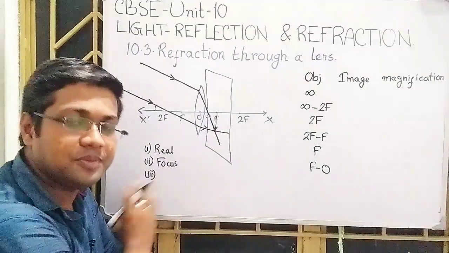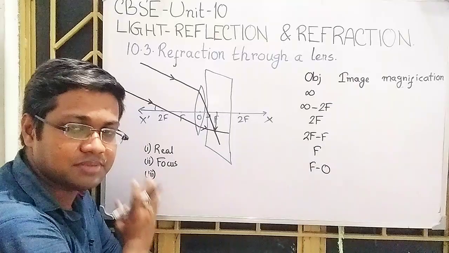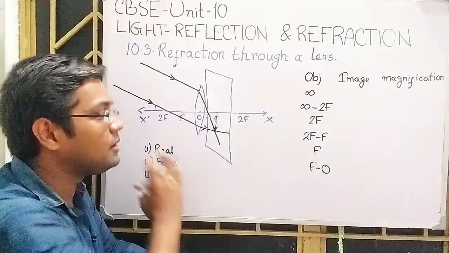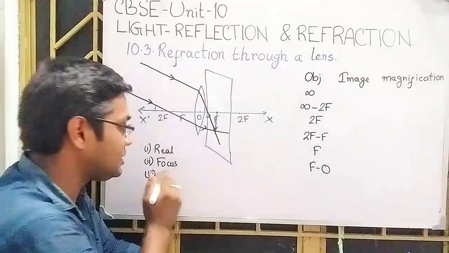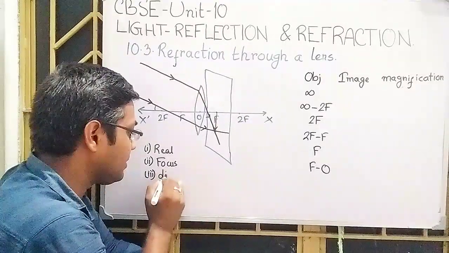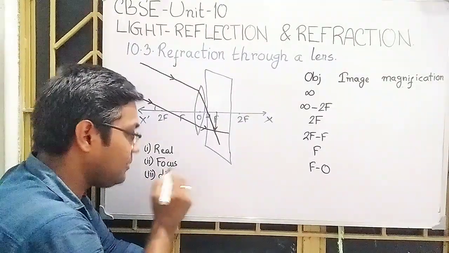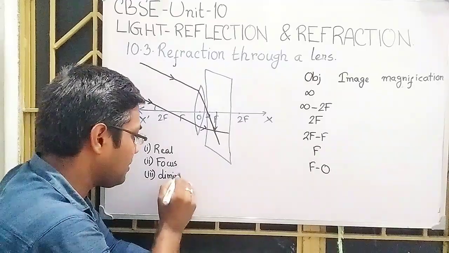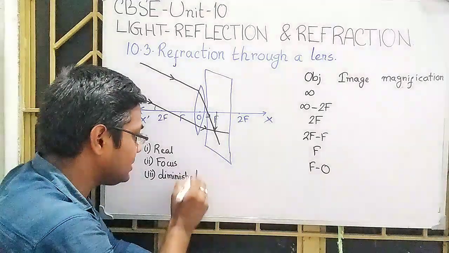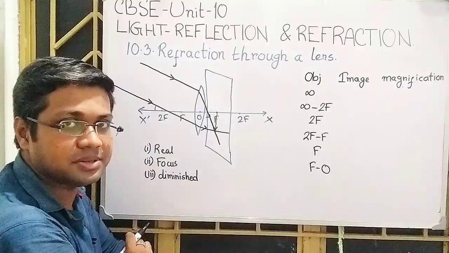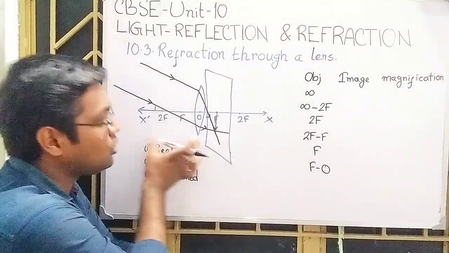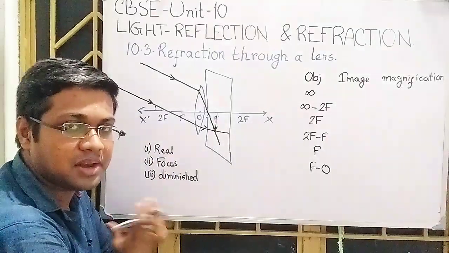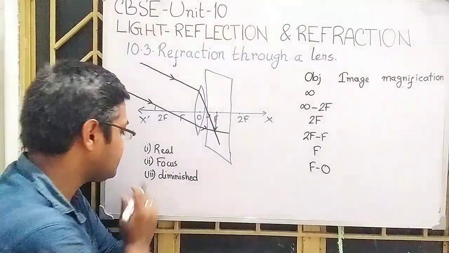Okay, and in the previous diagram also, the same thing, in case of the light ray of parallel incidence, I have described this thing, that is the magnification is very less than 1. So you can say it is diminished. Here also you can say this is the image distance, but the object distance is infinite, so the image is diminished.